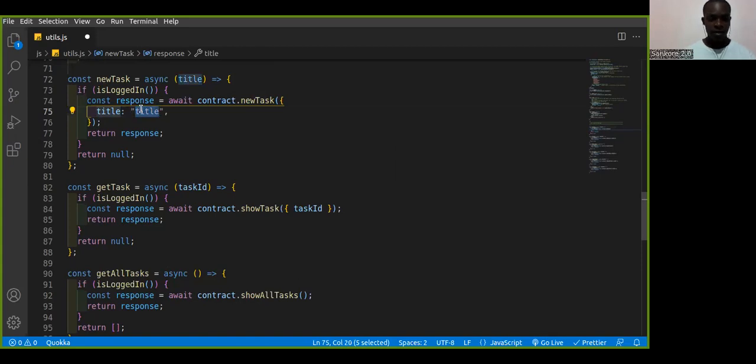Maybe to explain this, I would come here and say, this would be our first task. So in this case, this is the parameter that our new task method in our smart contract expects. And we are giving it a value of first task, okay? Now, instead of hard coding this within the code, we are accepting a parameter from the function that is within our JavaScript file. We are accepting this parameter and we are saying, okay, instead of hard coding that, let's pass in this